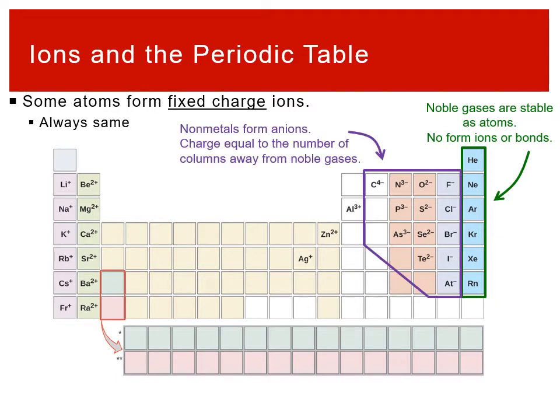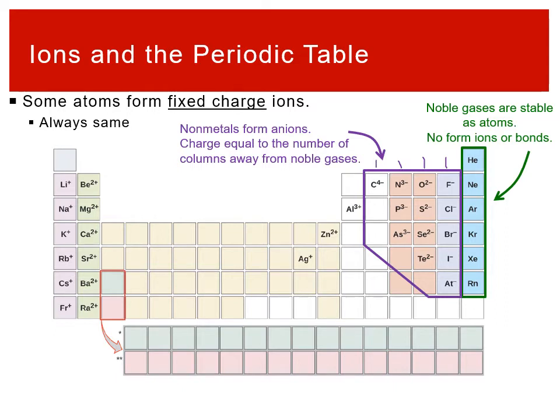If we then look at our nonmetals, right, that far side, we can see that they are forming anions. So the nonmetals that aren't noble gases, when they form ions, will always be anions. They will always go negative. And how negative is determined by the number of columns away from the noble gases. So again, it's based off column. Columns have similar chemical properties. So we can see that the halogens are one column away from the noble gases. That's why they're all -1. When we go to the oxygen column, we're now 2 columns away from the noble gases, so it's -2,